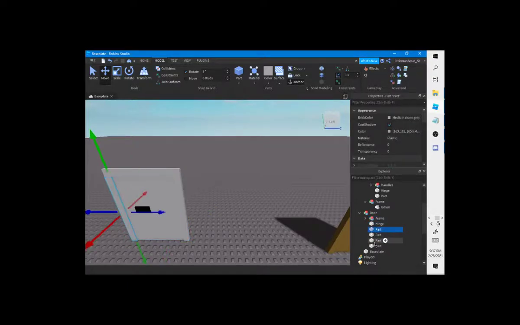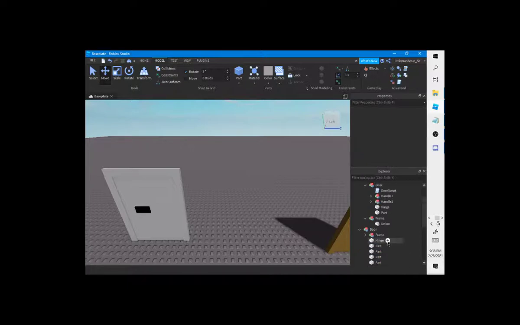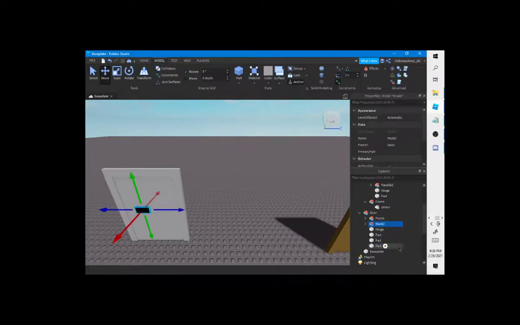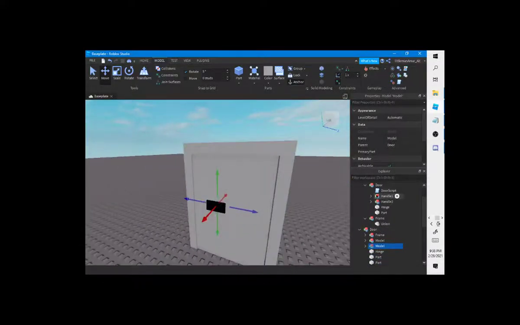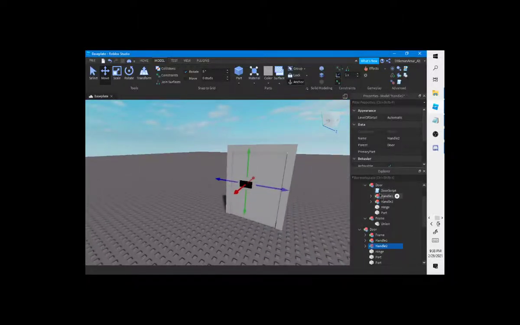Make these two things. So you need sorry guys, technical difficulties. But back to the subject of what I was doing. Now we gotta make these parts. Yeah. And name one handle 1 and one handle 2. So then we gotta use the script right here. But